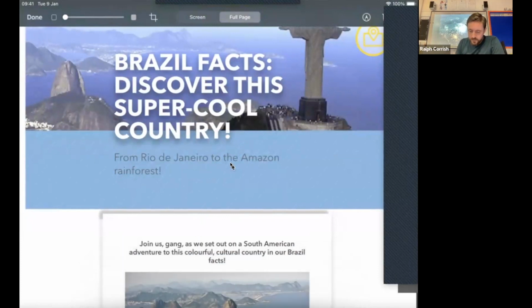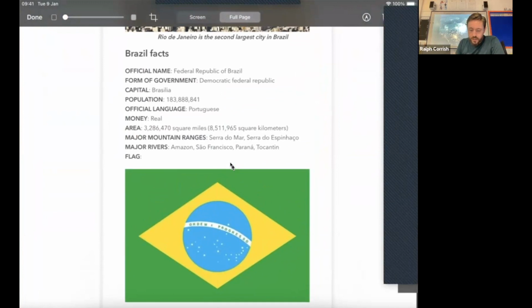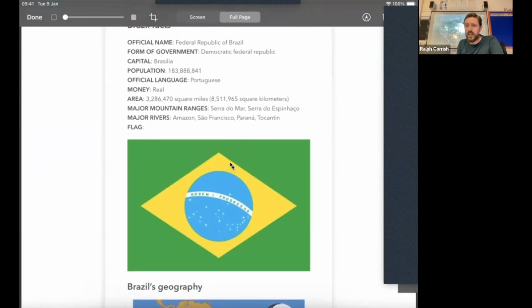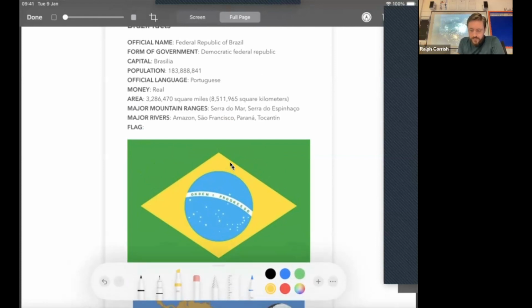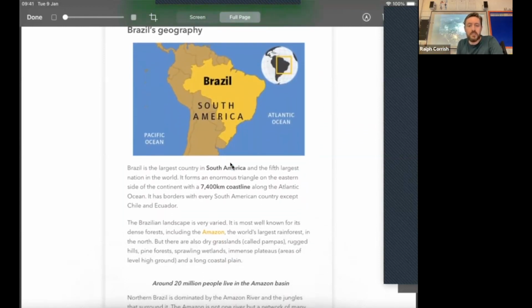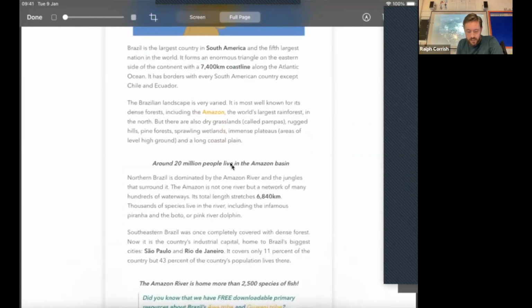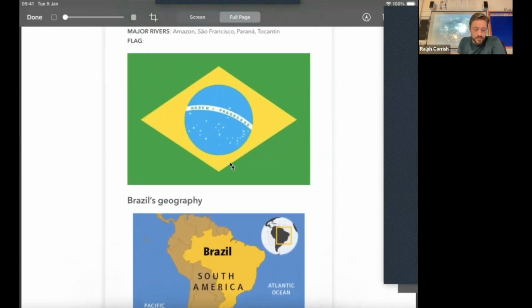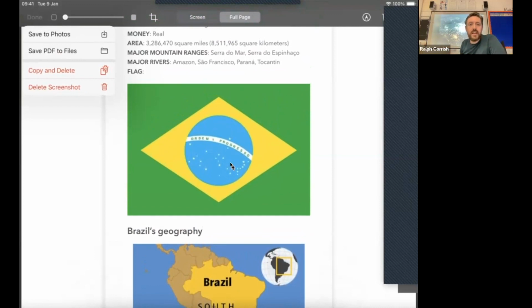So if you wanted the children to highlight the information that they needed for their research, they can still use that, and they can highlight before they save it to Shobi, or I could do the same if I wanted to alert them to particular information. Maybe I wanted to highlight a particular subheading. I could do that. And then if I press done, now what's interesting is I can save it then to